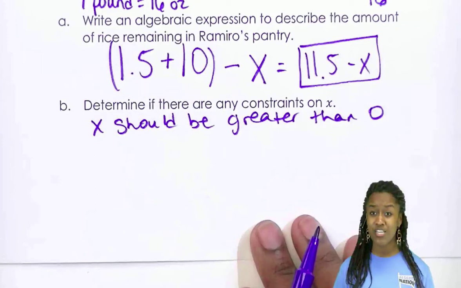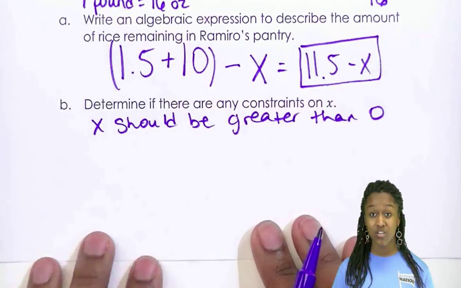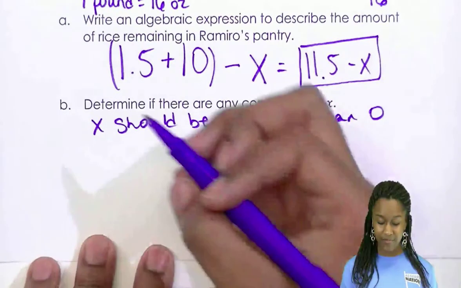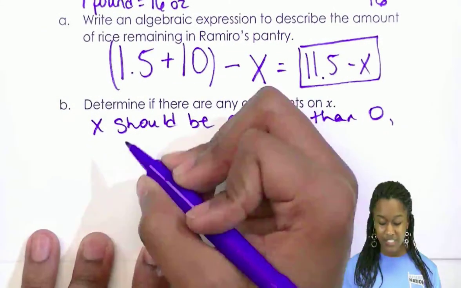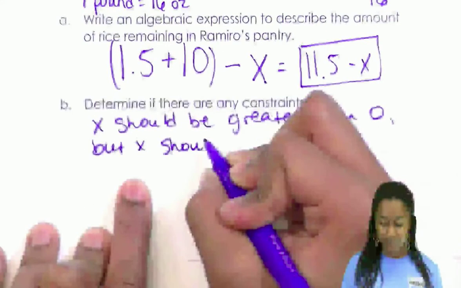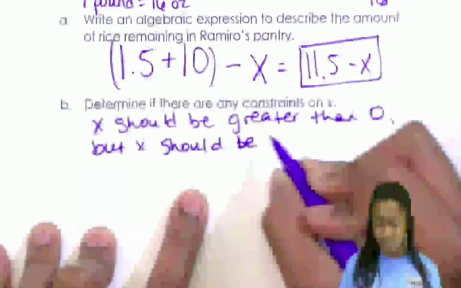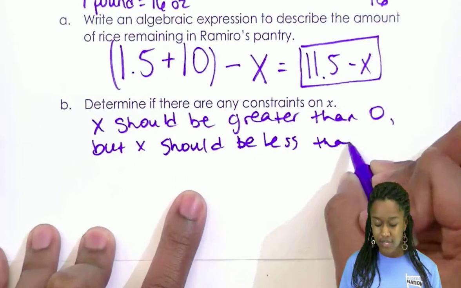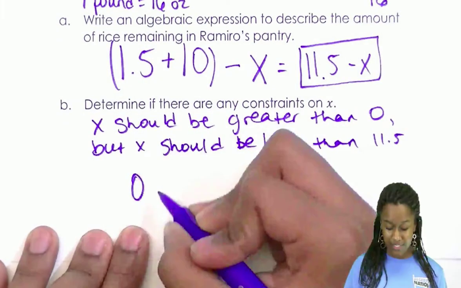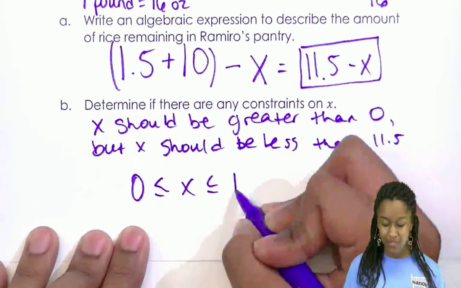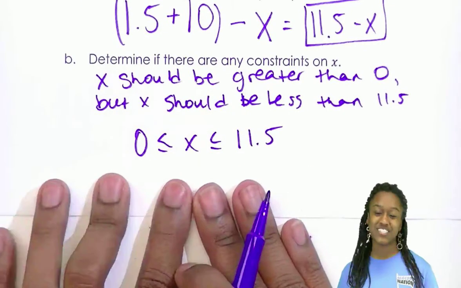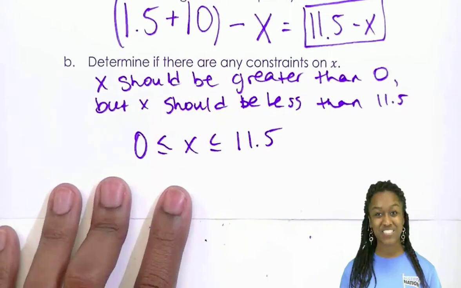Can we take more than 11.5 pounds? No, we can't. So X should be greater than 0, but X should be less than 11.5 pounds. So we can write this as an inequality, and it would look a little something like this. Actually, it would look exactly like that. But, all right, up next we have